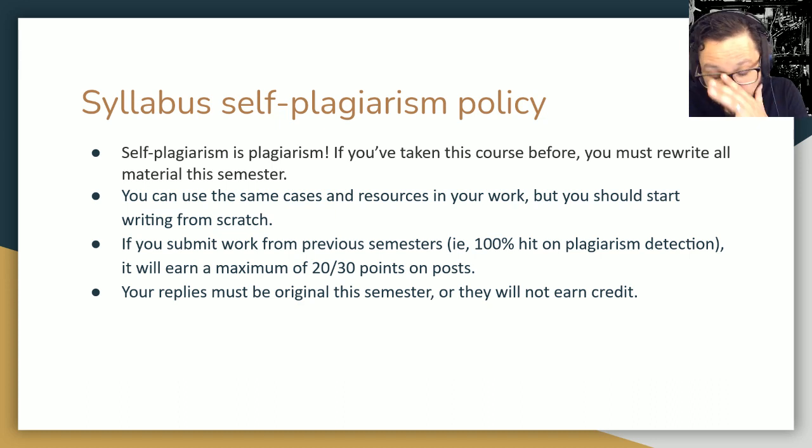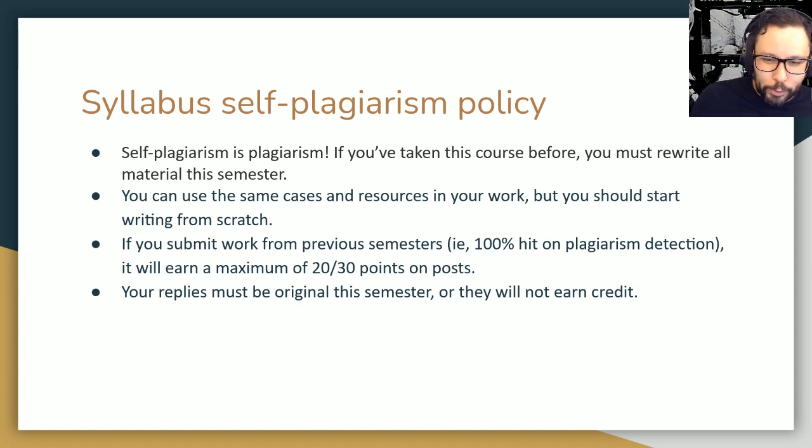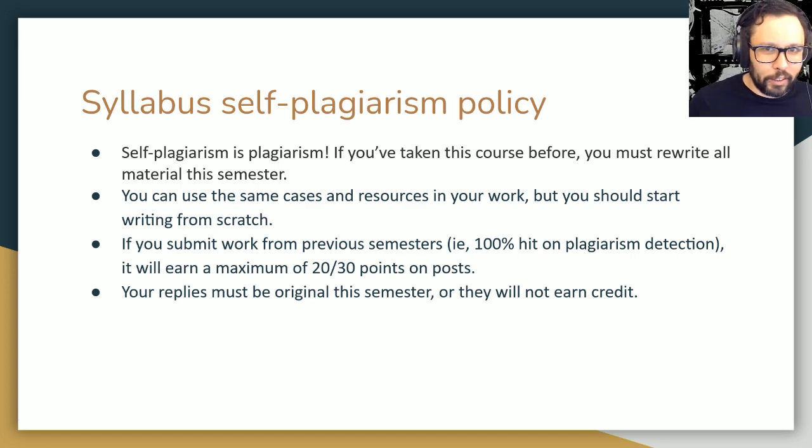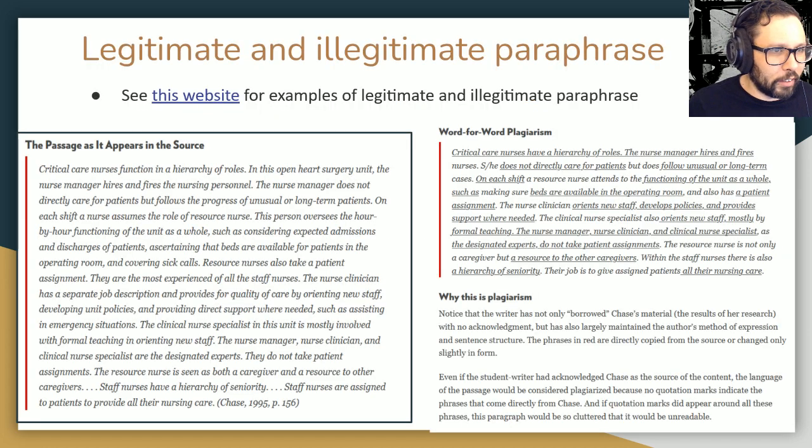Self-plagiarism is plagiarism, and in the real world, people have been caught self-plagiarizing, especially publishing multiple books where large sections of new books are just taken directly from old books. That kind of stuff is plagiarism. You can get blacklisted from your field, from your discipline for doing this kind of stuff. You can get in real trouble from this kind of plagiarism. And part of the idea of the engineering ethics course is that you can learn these ethical lessons now before you go into the real world. So hopefully catching people for plagiarism now prevents them from making bigger mistakes later on in their career, where things are more important than just a grade on an assignment.